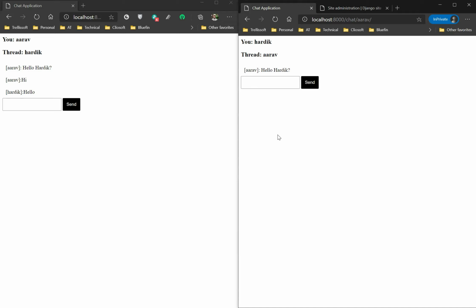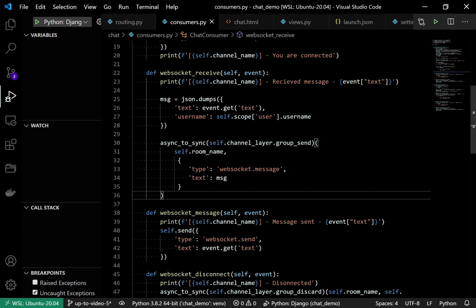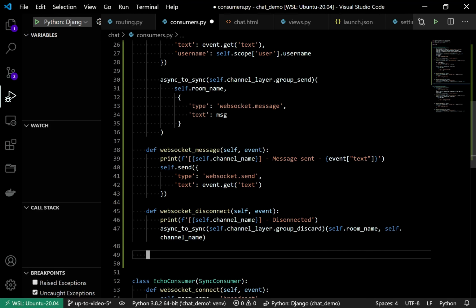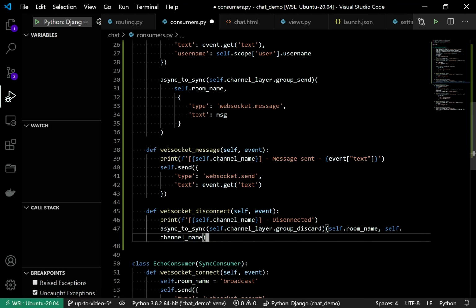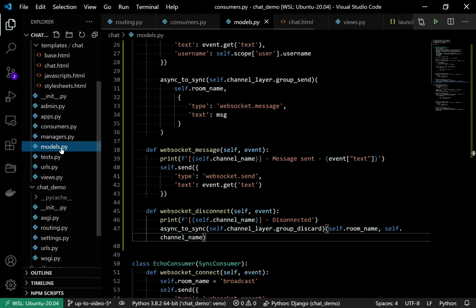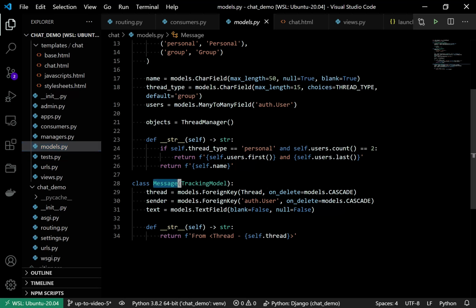So let's store these messages in the database as well. To store the message, let's look at the schema first. Go to the models, and inside the thread, this is the message, right?